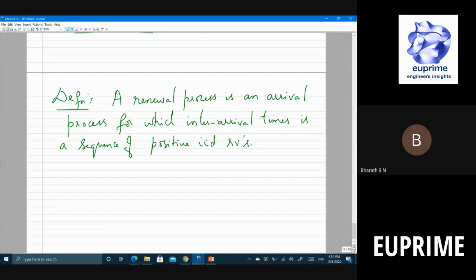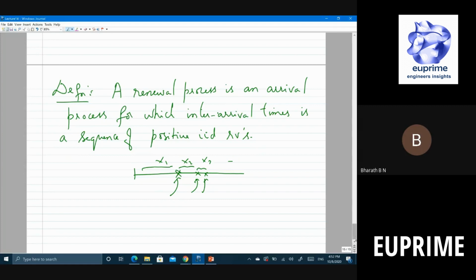It's like this. Randomly at some time I'll say tick. I'll put a tick mark here and assume that one person arrived here. Again, when you do the same experiment from here, it's independent of what happened in the past. Again I'll do a tick here and then a tick here, and see these inter-arrivals X1, X2, X3 and so on. These are IID.